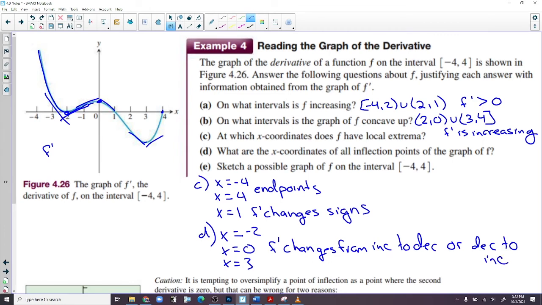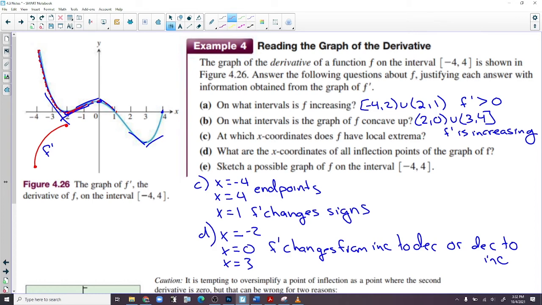And letter E, sketch a possible graph of f on the interval -4 to 4. Well, I don't know where f of -4 is, but it's somewhere. Now let's start way down here because the function increases quite a bit. So the function increases and the slope of f prime is negative, so f prime is decreasing. This function increases concave down to 2, and then the function still increases now, but the slopes are positive,